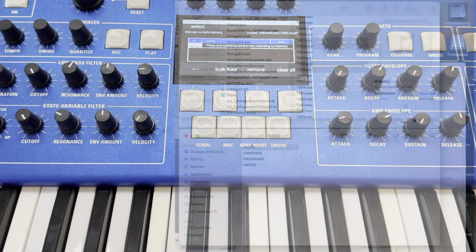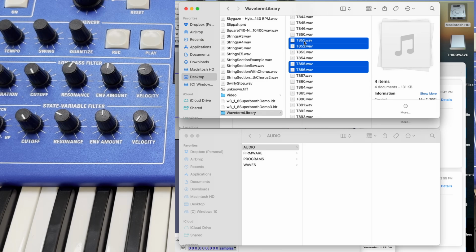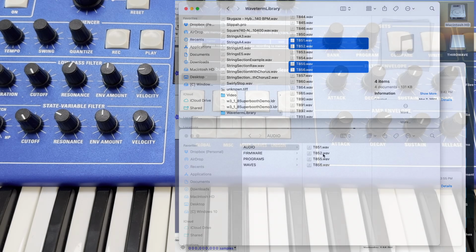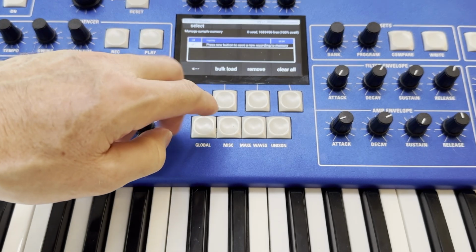Now I'm going to go over to the computer, and I'm going to take the waveterm library, which has these items right here. I'm going to pull these 4 samples into the audio folder on the third wave, and you can see the third wave is mounted here as a hard drive, which is what happens when you first bring it in. So we've got those 4 samples here. It's a Fender Rhodes,